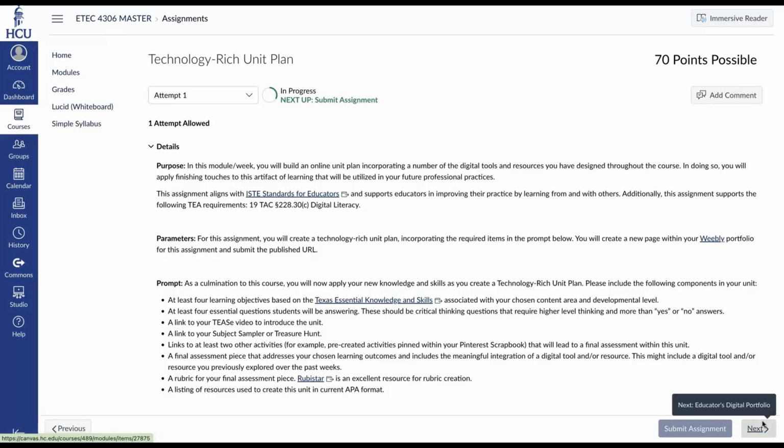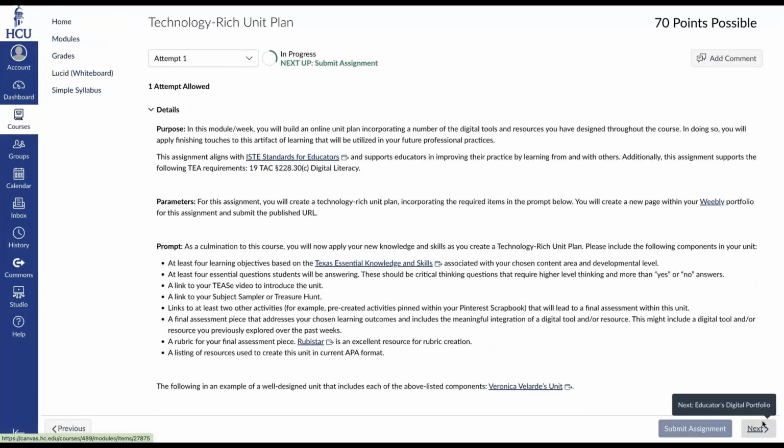Let's now explore your technology-rich unit plan. This is an assignment that you have been preparing for throughout the past 6 weeks. As you have collected resources, as you have begun to develop your Weebly portfolio through creating either your subject sampler or your treasure hunt, you have begun preparing to create this particular assignment.